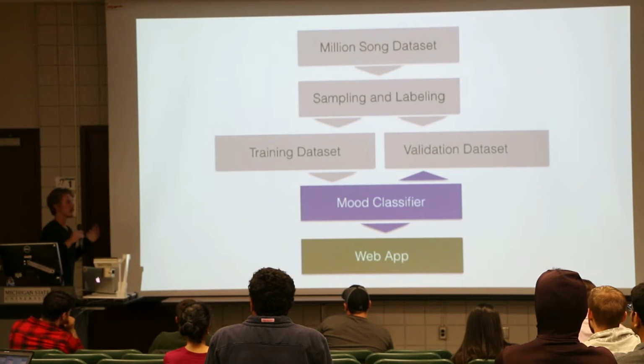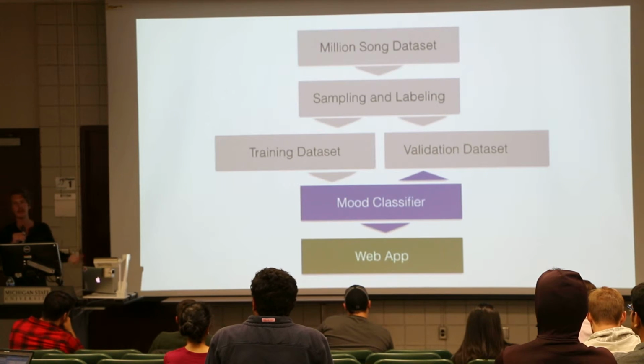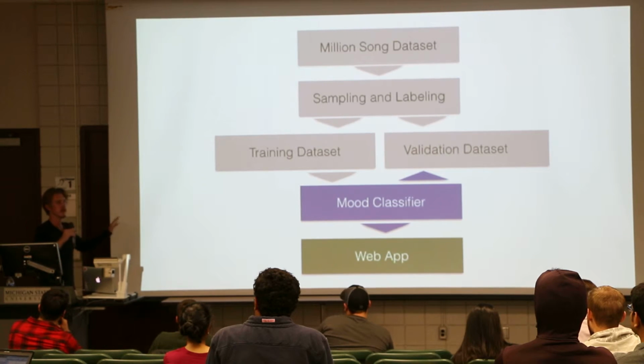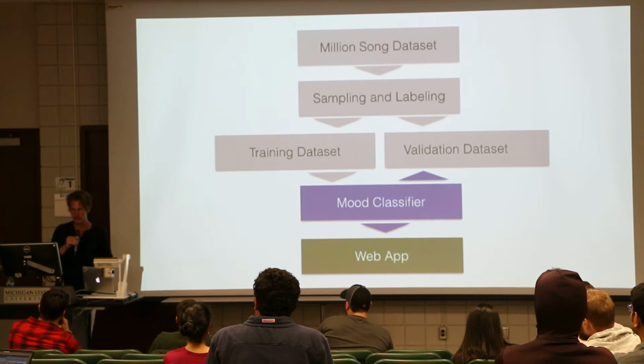Can an algorithm automatically tell me if this song is happy or sad? I thought, it was more like a toy project, but if you take this further, it can be used in hospitals to cheer people up, to have an automatic system that only plays happy songs or things like that. And ultimately I made a web app out of it where you can put in the songs.